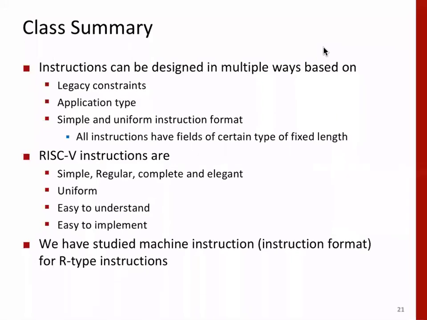Now, if you're designing a new instruction set for Intel, you have to take into account the old instructions because they must execute. Then you can't say that my instructions will be only 4 bytes. Earlier instructions could be of 2 bytes, new instructions are of 4 bytes, and then both will exist. Then there can be different application types. For example, in embedded systems, you may not need even 32-bit. Very simple embedded applications, IoT systems, you can have 16-bit instructions, which is more than enough, or even an 8-bit instruction set.